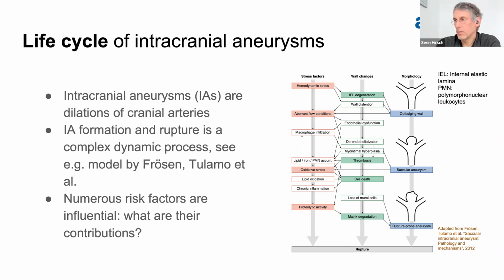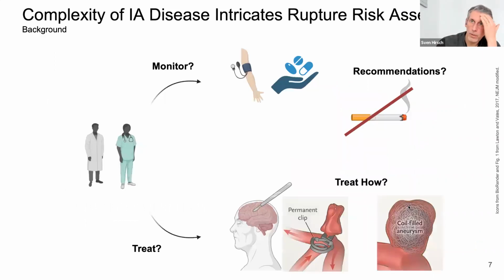And when we now look at what the clinician has at hand to decide, because what they have to do, let's say at former times, and that former times is not long ago, that's 6 years ago, 7 years ago, every aneurysm was treated. And then they saw that most of the aneurysms are in fact stable, and you're better off when you don't treat, because the treatment is also associated with a high risk.